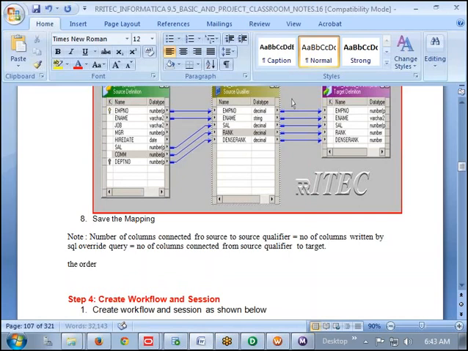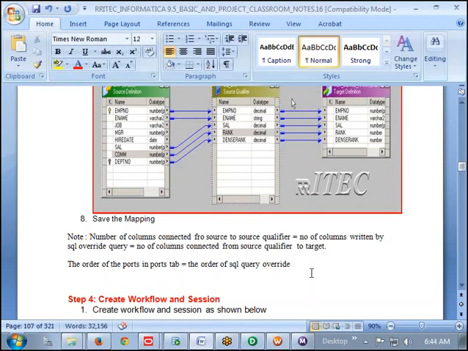The order of the ports in the Ports tab is equal to the order of the SQL query override.